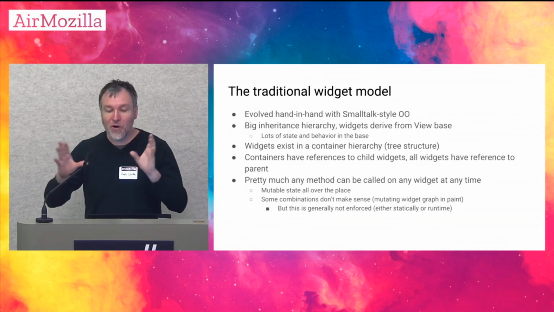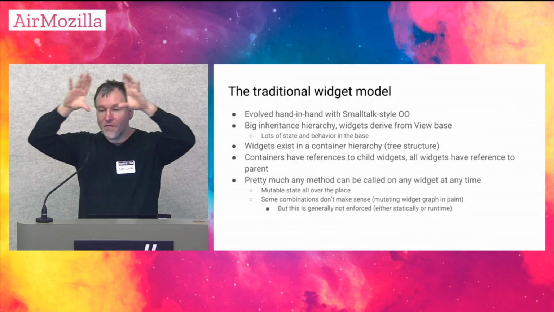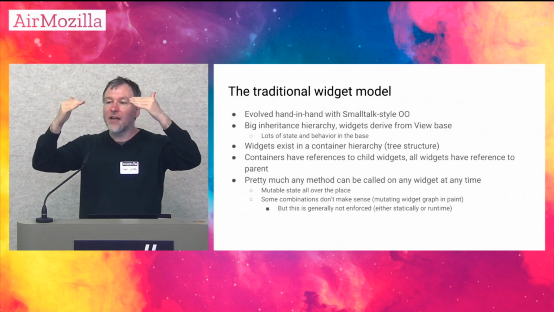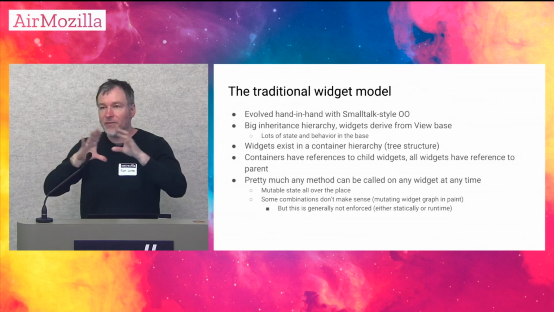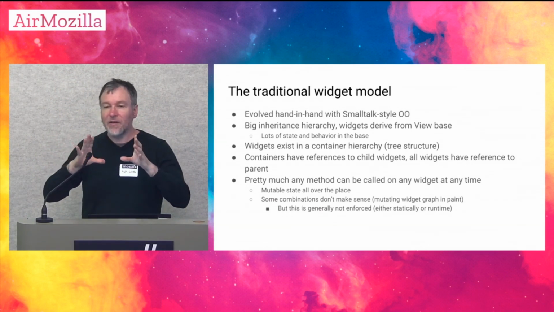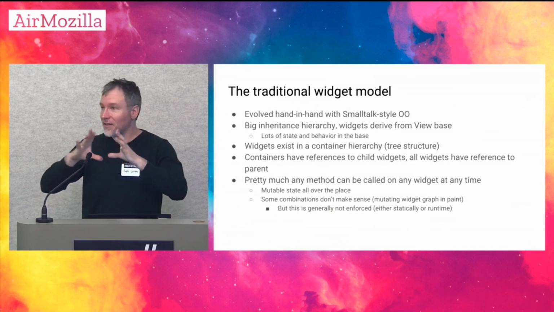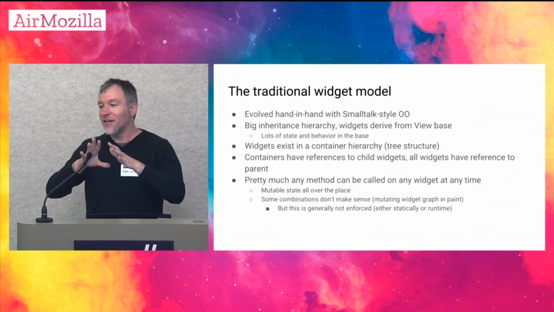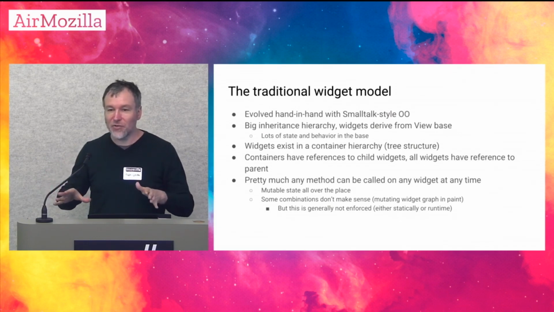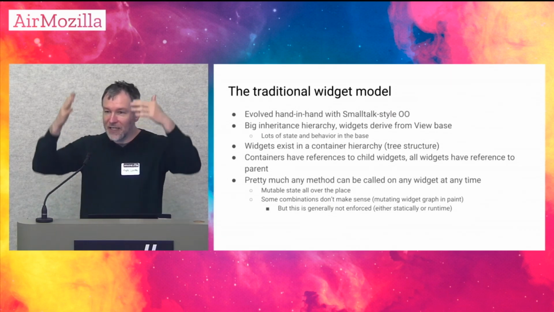So in the case of GUI programming, you've got maybe something called view, which is the base of this hierarchy, and then things derive from that. And then it might be a very rich hierarchy because you might say, okay, one type of component is a container that contains other components, and then all of your containers, like your rows and columns and scroll views and stuff like that, derive from that. So you've got this very